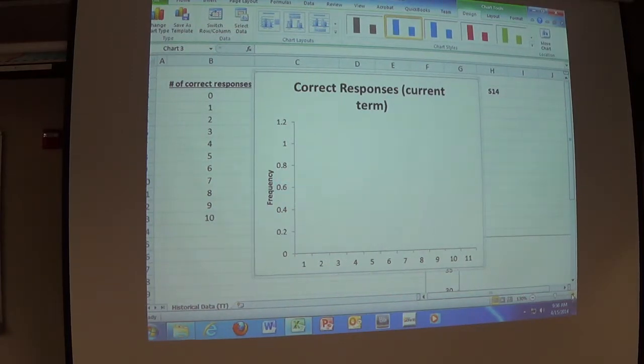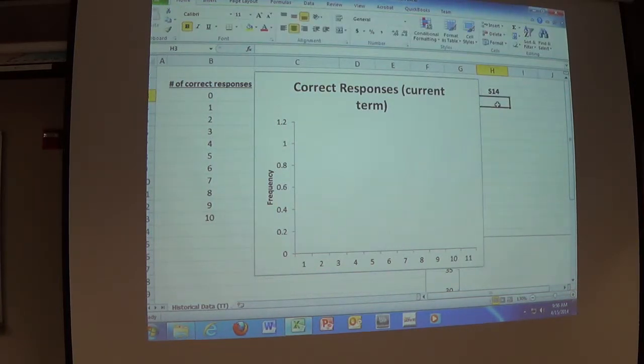Let's raise hands if somebody got none of them correct. None correct whatsoever. Do you want us to add A and B together? No. Keep them separate as two sets of 10. So I'm going to put a 0 in there. And what we're going to start seeing is down here in this graph, it'll start updating. How about one correct response out of the 10? How many of those did we get? None.